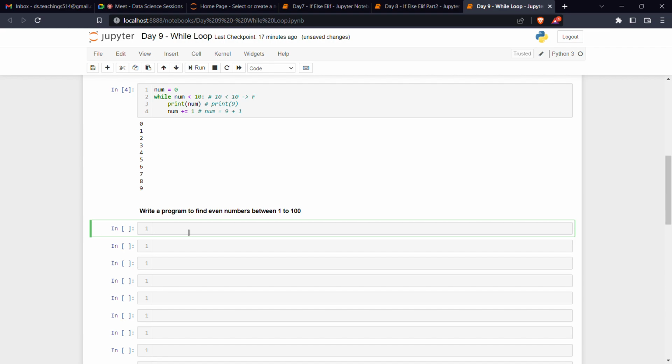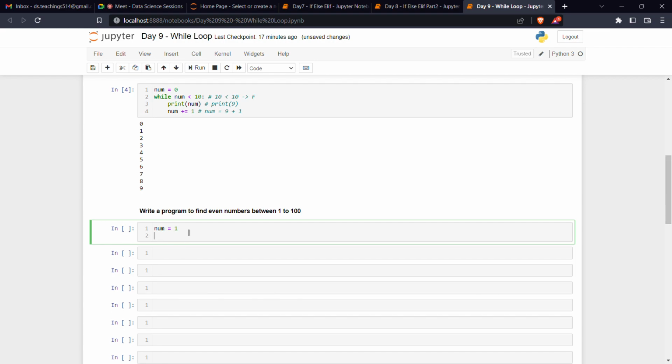So we clearly know where to start checking and where to stop checking. I am clearly asking between 1 to 100. So we need to start the program at 1 and we need to stop the program at 100. So I clearly know my number is starting with 1, and my number should end with 100, which means it should be equal to 100,